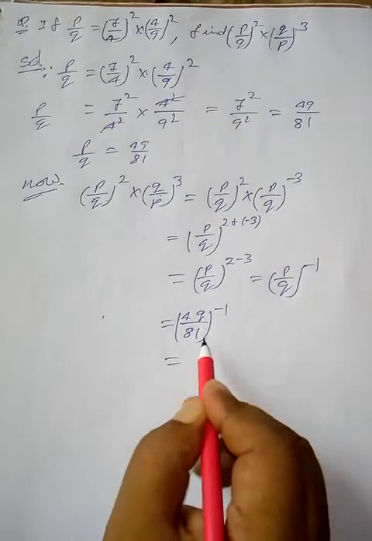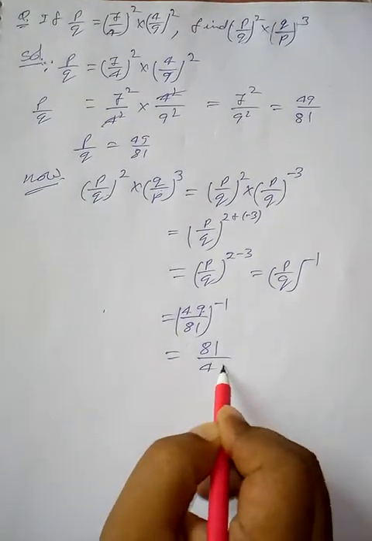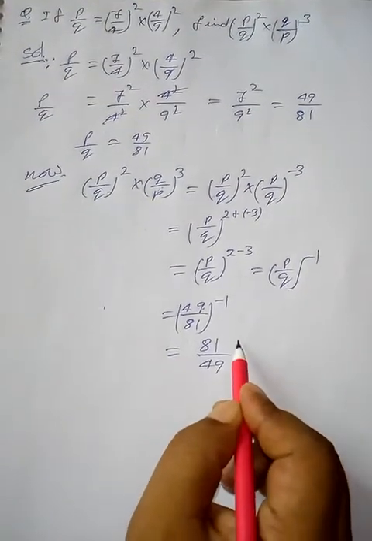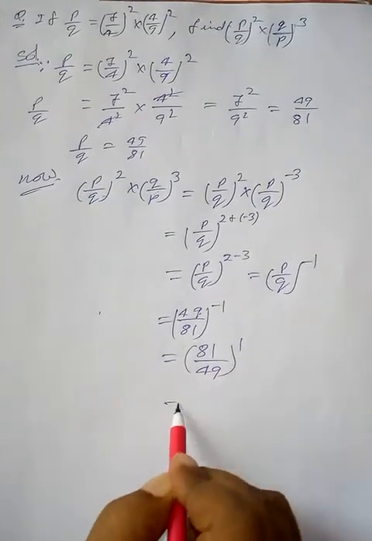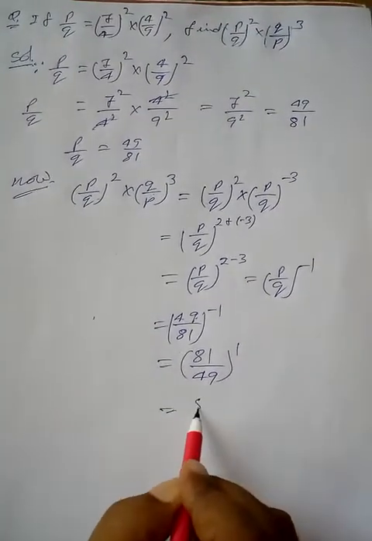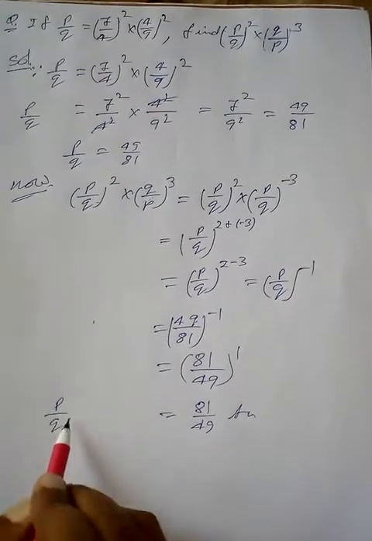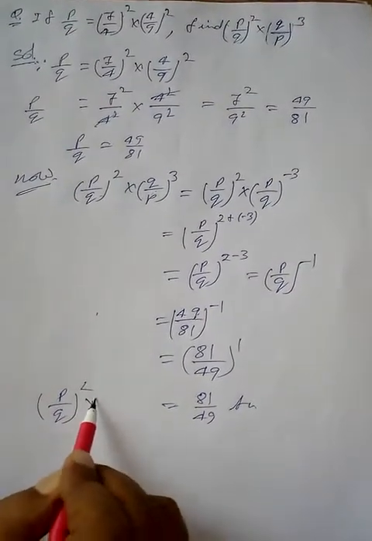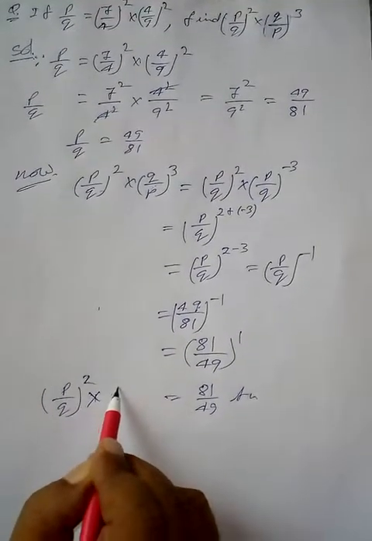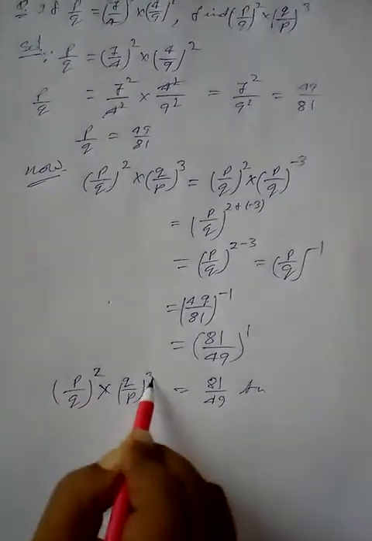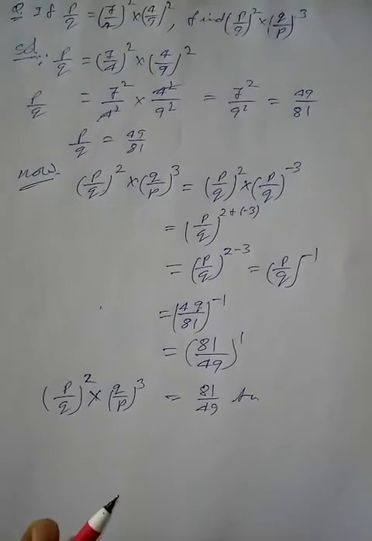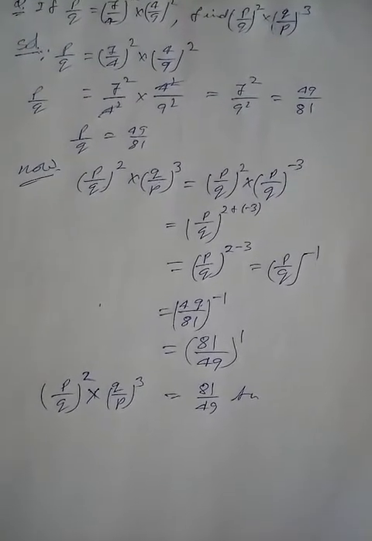Therefore on taking reciprocal of it, we get 81 upon 49 raised to the power 1, that is 81 upon 49 is the answer of P upon Q square into Q upon P whole cube. This is the answer. The next question that we can do